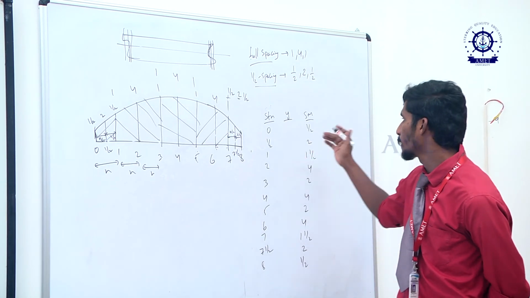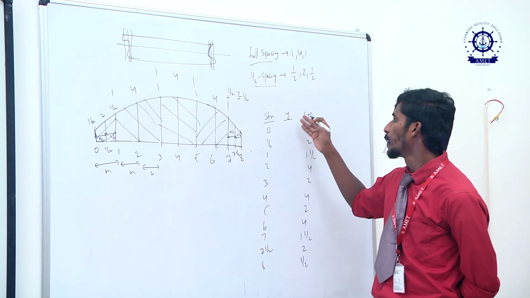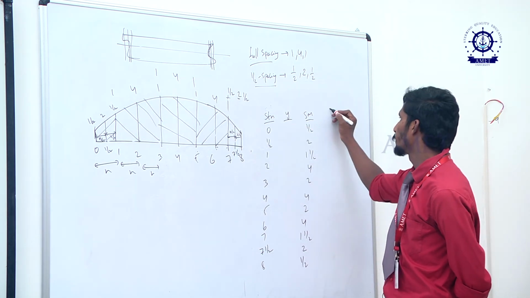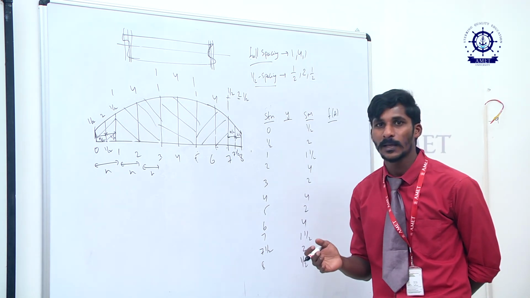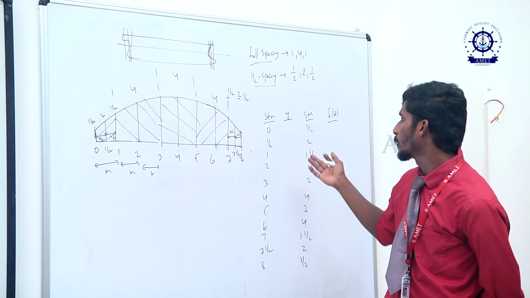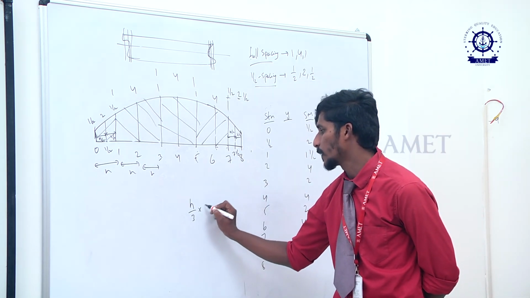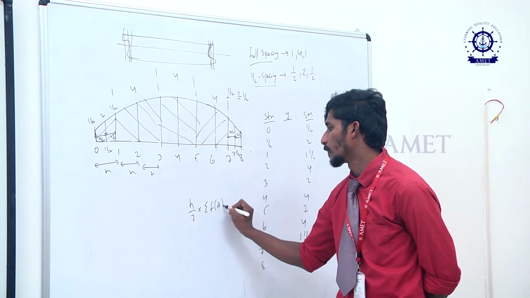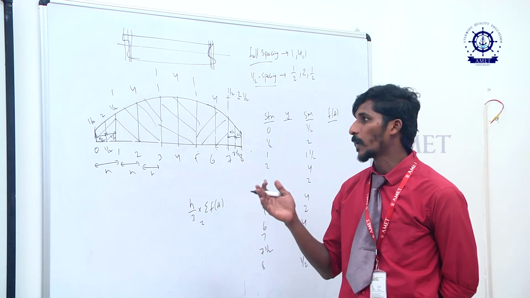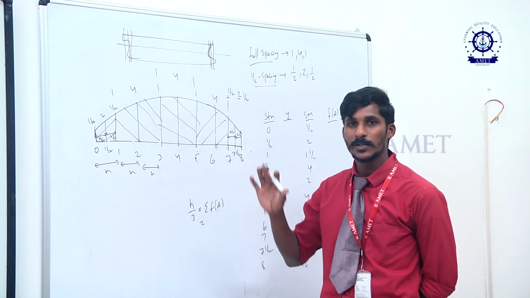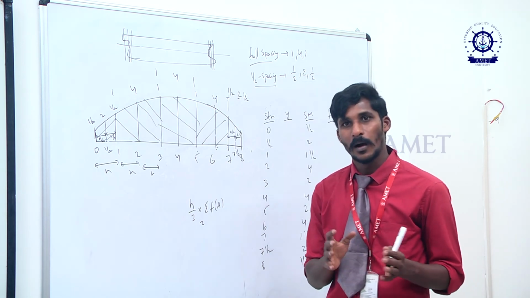Then you will apply the Simpson multiplier. Each Simpson multiplier is multiplied with the ordinate, and then you get the function of area. The summation of all these functions of area gives you the total function of area. Now you applied the first rule, so the area is h by 3 into sigma f of a. We have to point out that when you apply Simpson's rule, first you have to see in that plane whether you have half ordinates or full ordinates.